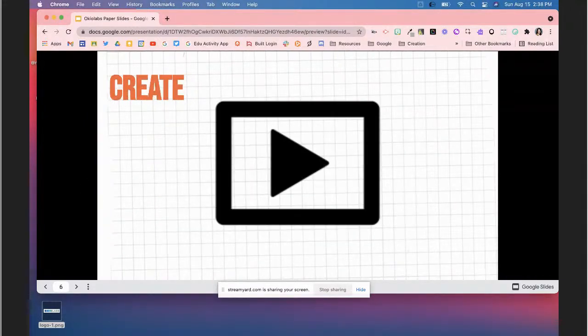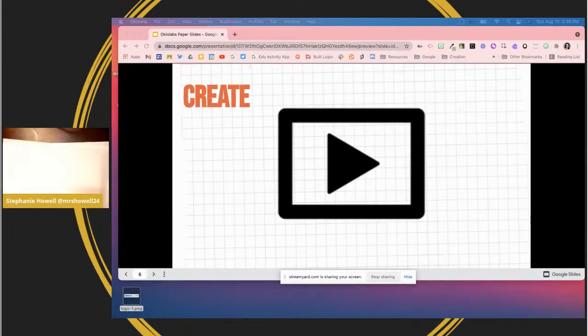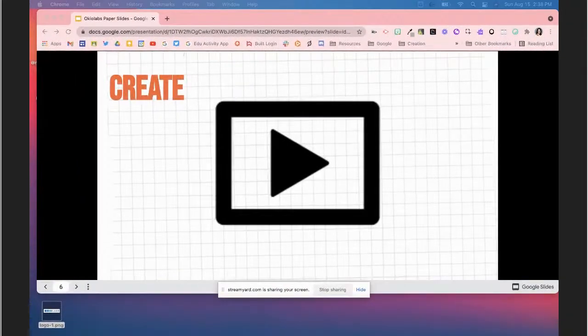So then the next step is to create. That's where we're going to start to design our slides. We're going to use our paper slides, and we are going to go over that first paper. And so right here, I've got my blank sheet, and I'm just going to go ahead and write out